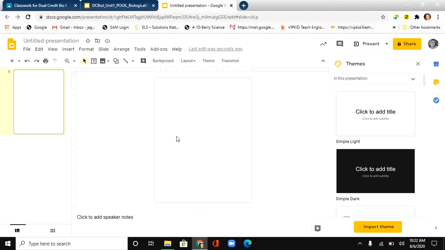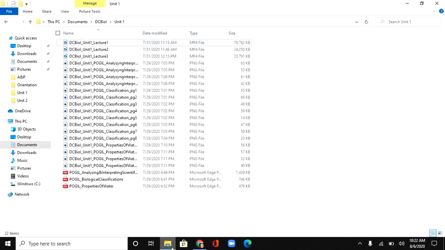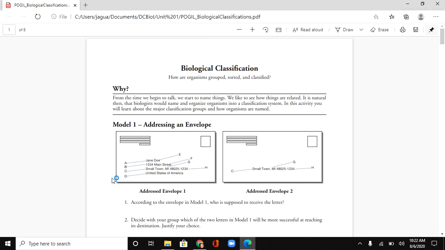So what I'm going to do is go to my documents, and here in my Dual Credit Biology 1 Unit 1 folder, I will find the worksheet Biological Classifications, and it's a PDF. You may have the capability of editing a PDF. I do not have a program that will allow me to do that, and I didn't want to spend any money. So by using Google Tools, I can do this for free,